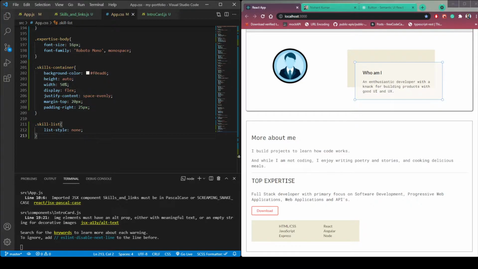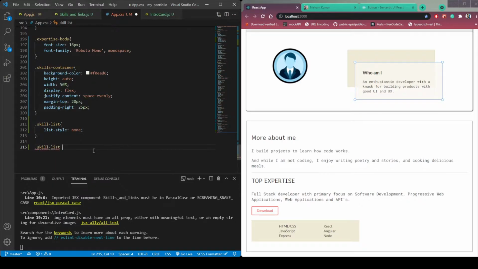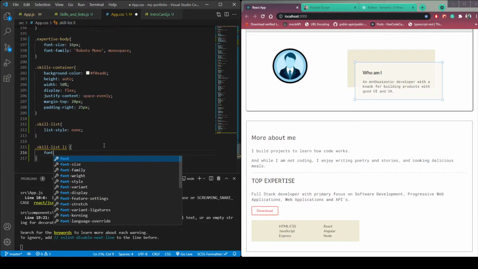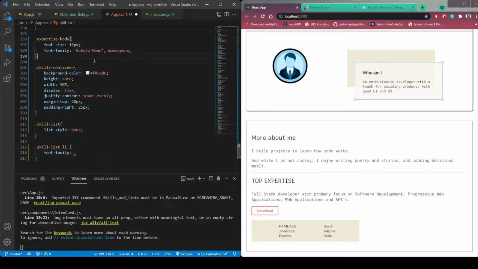Let's change the font of the skills text. So we can say skill list and then the li tag inside it, and font family. Let's use this Roboto Mono. So copy the font and paste it inside this font family. You can see our font has been changed.